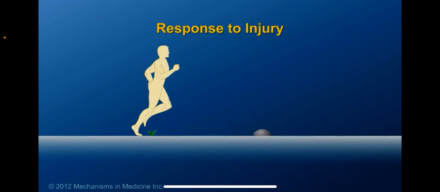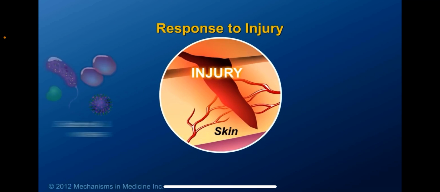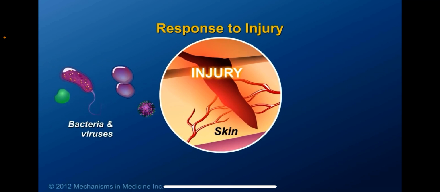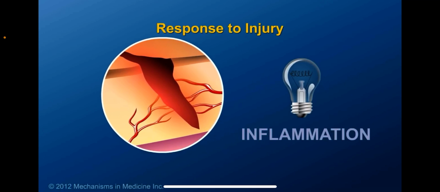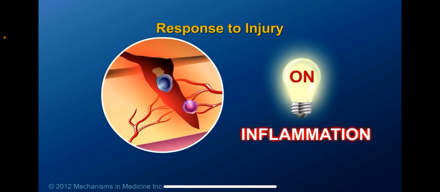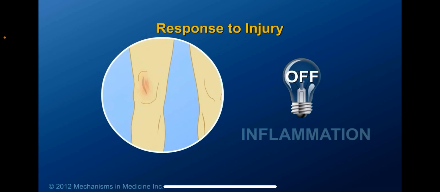We are familiar with how inflammation looks on the outside of the body, for example, when you have a scrape or a cut. That scrape or cut becomes red and inflamed as a result of the immune system trying to get rid of any bacteria and viruses that are in the wound. After a few days, when the immune system has finished its job, it turns off, so the redness and inflammation